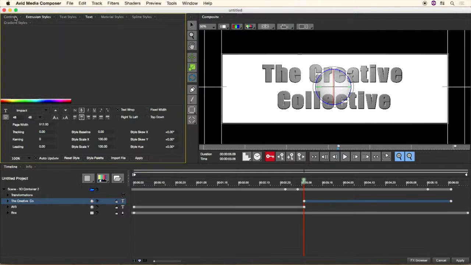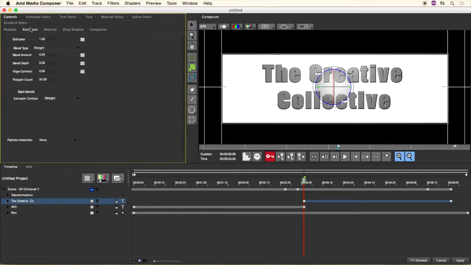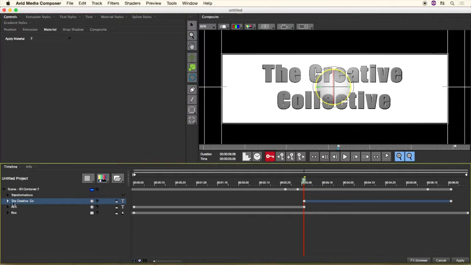My extrusions. Mac just has a little think. And the extrusion depth is 1.5. I'm going to just put it to 2 for now. And my extrusion material, at the moment, it sees 1 material, which means there's 1 material on the front, and it sees the front material as the same as the side material. I'm going to change that to 2 materials, so I can have 1 material on the front and 1 material on the side. Now, if I spin open my creative collective container,